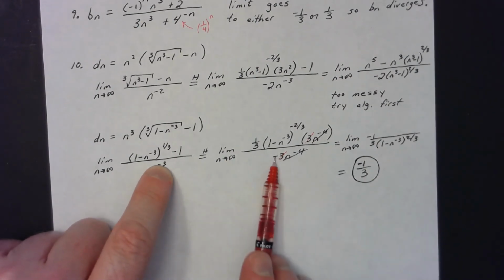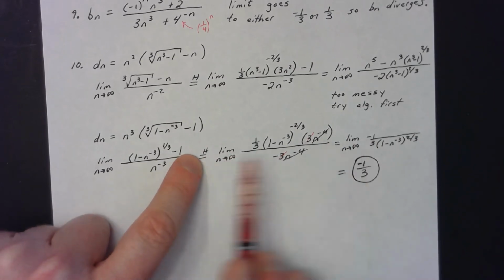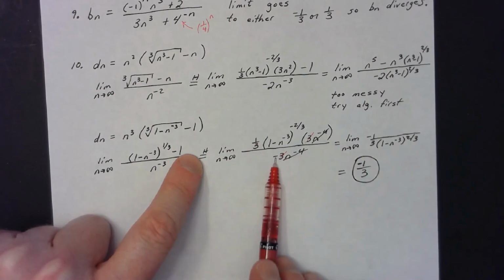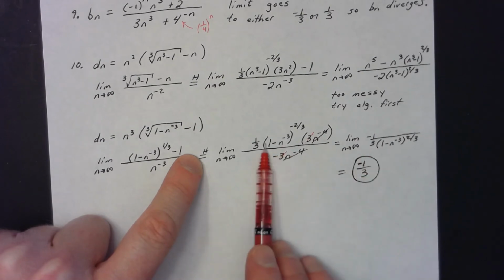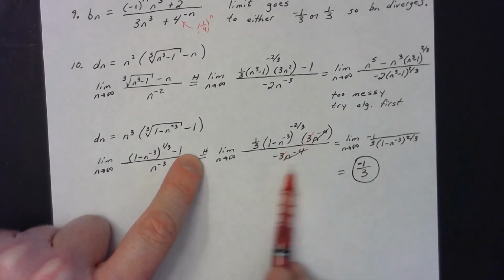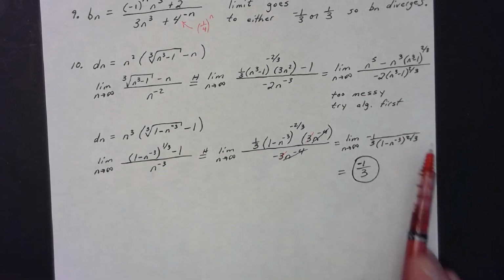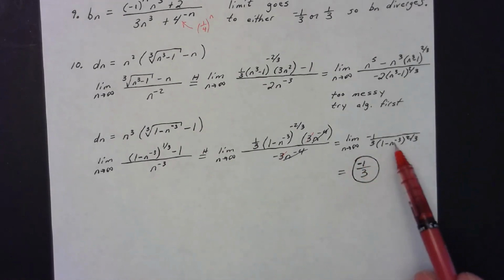So when I went from this step to the next, I did not use L'Hopital, I just algebraically simplified. I said I'm going to have 1/3 divided by a negative. Gives me a negative 1/3. This group is now a factor, and that factor belongs in the denominator to the 2/3 power. And so now I can say, well, can I allow n to go to infinity? Sure you can. Think about why.